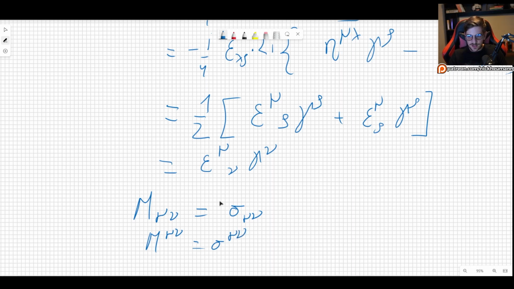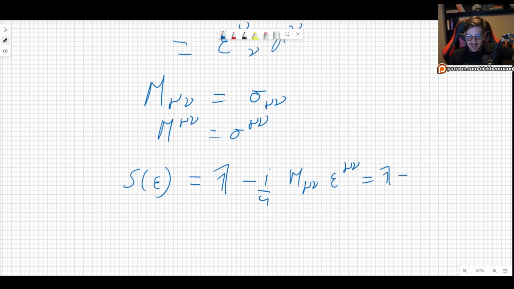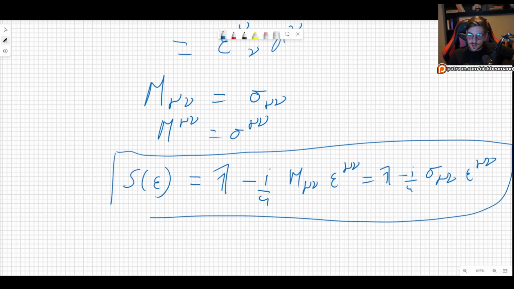So what really matters here is the expression that we found before, when we were expanding our S matrix, this generator of the Lorentz transformations. We wanted to know whether or not this matrix M mu nu existed, right? And we saw that it exists. So it exists, and it is this sigma mu nu matrix. So the generator for the Lorentz transformations, right? We got to this using the infinitesimal Lorentz transformations, and with that we